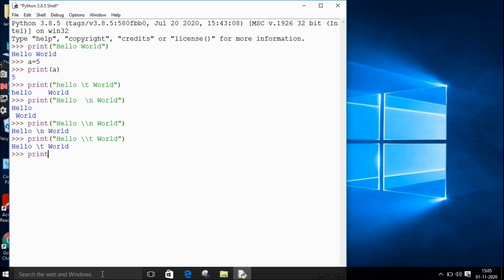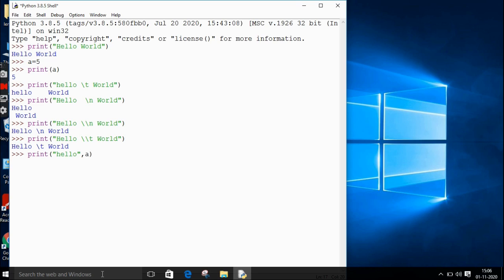Suppose I want to print both the text value as well as the actual value, that is hello and comma a. Now what is this particular print statement going to do? This hello that is written in double quotes will be printed as it is. We are having a separator called as comma. After that, we are having a variable. The value in the variable is given as a.